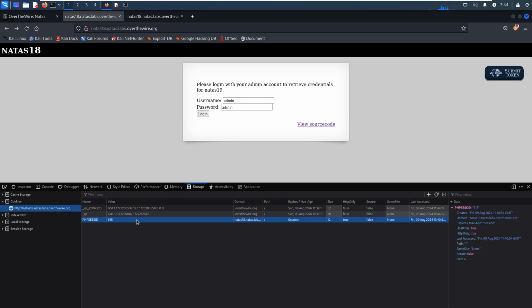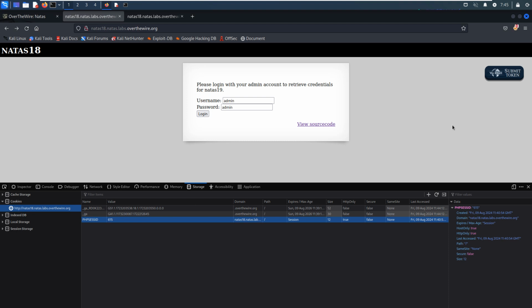I think the only way to hijack or manipulate the session as an admin user is to change the PHP session ID. Of course, we can use Python, or in this case, because the number is not big, we can use Burp Suite to do this job perfectly.